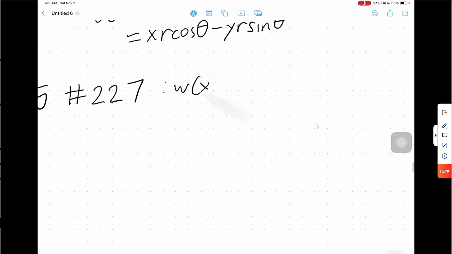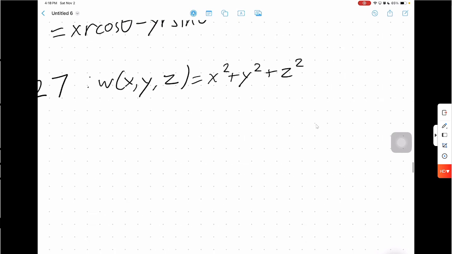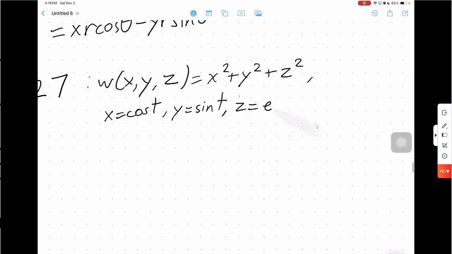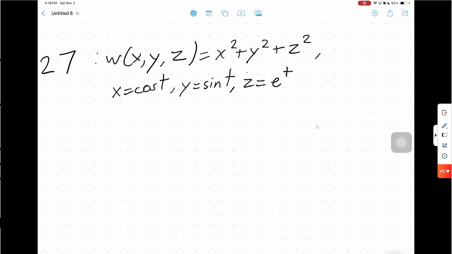So w of x, y, z is equal to x squared plus y squared plus z squared. x is equal to cosine of t, y is equal to sine of t, and z is equal to e to the t. The first thing it asks us to do is to go directly to w as a function of t, and then take the derivative, and then find dw dt using the chain